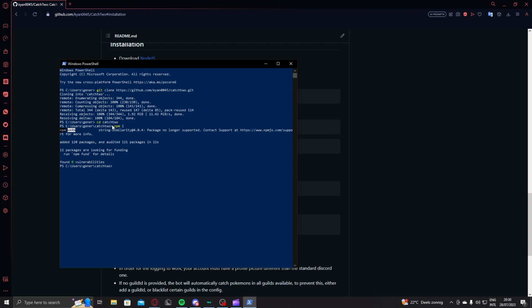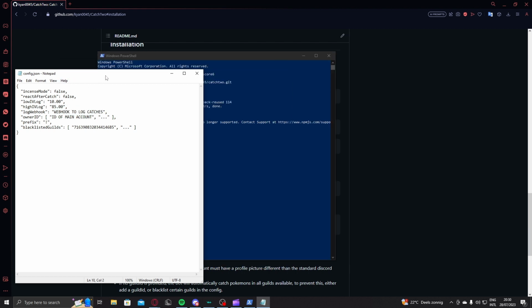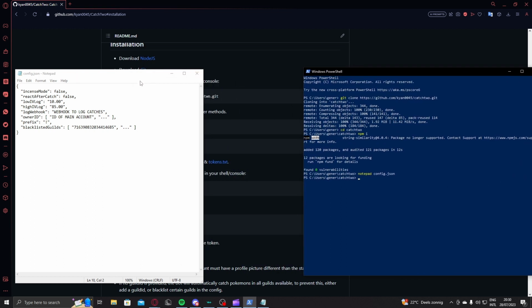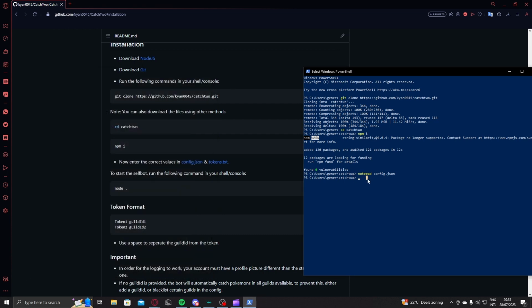Once you have installed all the required packages, the next thing you'll have to do is use the following command, notepad config.json. This will open up your config in which you can change all the values to your webhook, your user ID and etc. If you don't know what some of these do, they are all explained in the GitHub. So once you're done configuring this, you'll have to close that. Of course, you'll first have to save it and then run notepad